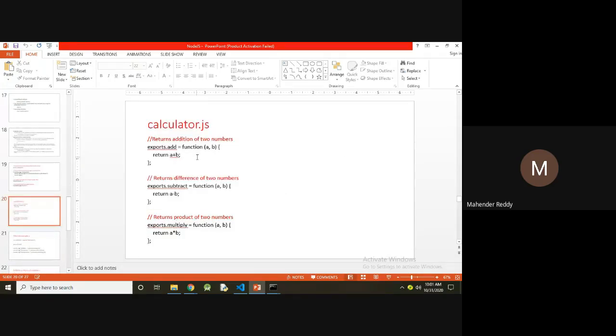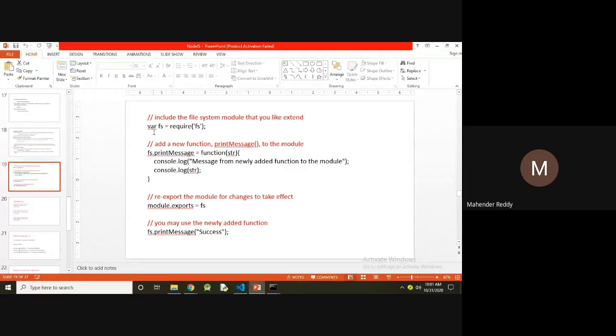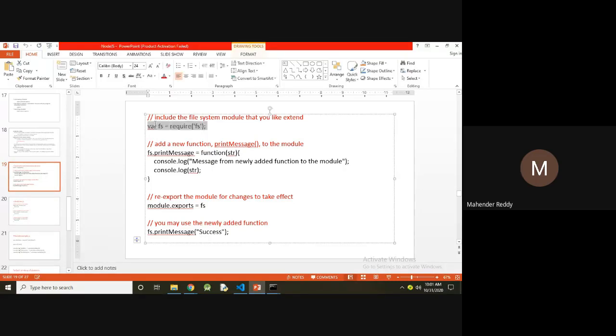Just now I explained exp2 is a calculator.js. It returns the addition of two numbers, the difference of two numbers, and the product of two numbers. Here we used exports.add, exports.subtraction, exports.multiply. In the previous example we used var fs = require fs, where we created one module with the name fs.